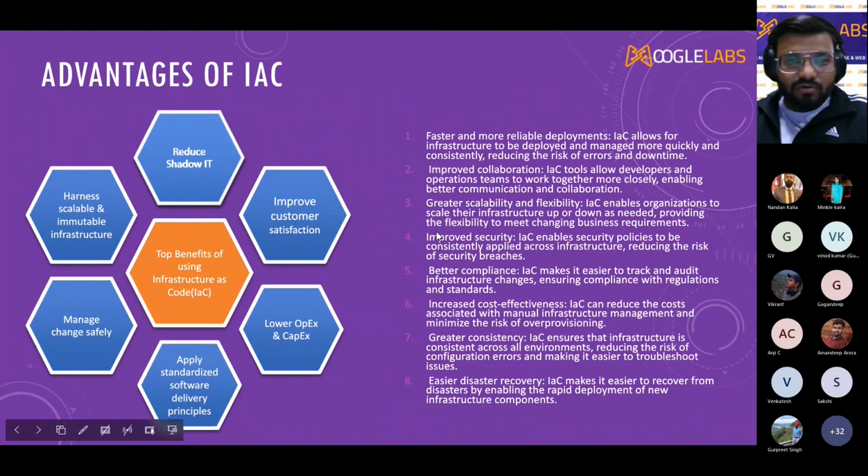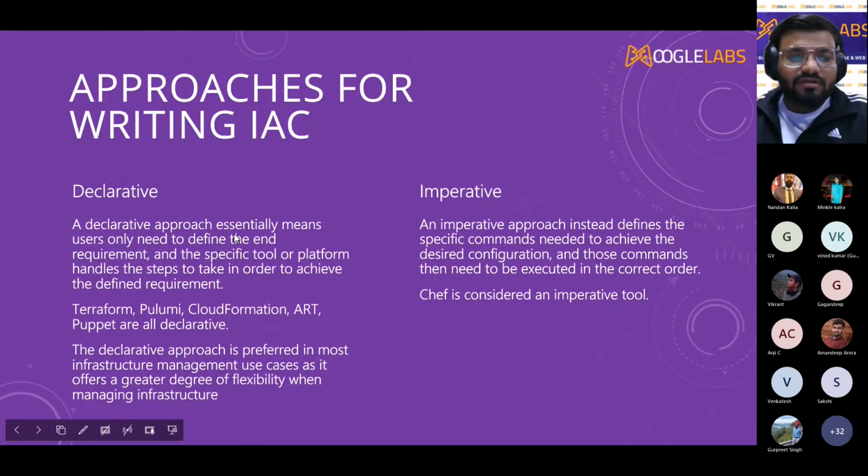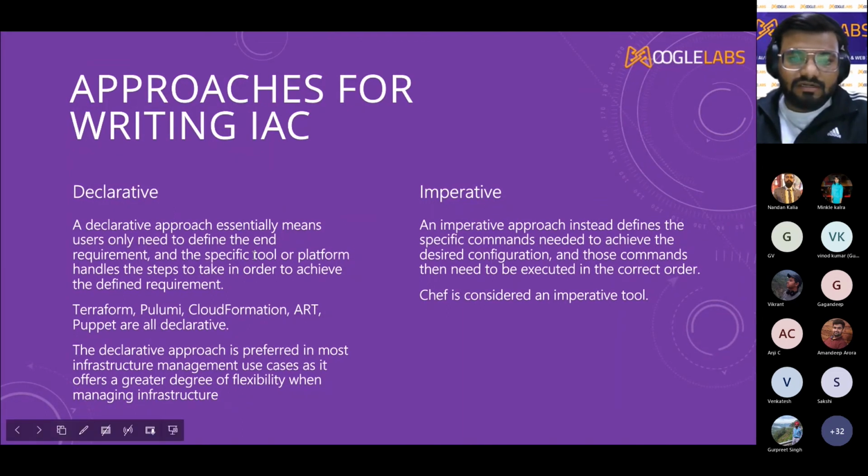Now we'll discuss two approaches that we will need to deploy infrastructure as code. So the first approach is the declarative approach. It means telling your computer what you want your infrastructure to look like without worrying about how to get there. We can take a basic example where you're telling your mom that you want a pizza for your dinner, and then she figures out how to make it. But you don't have to do anything because she will handle all the things to make a pizza.